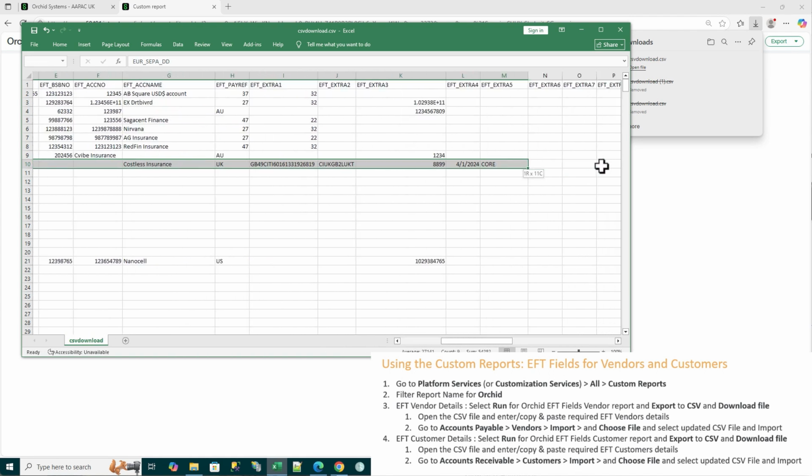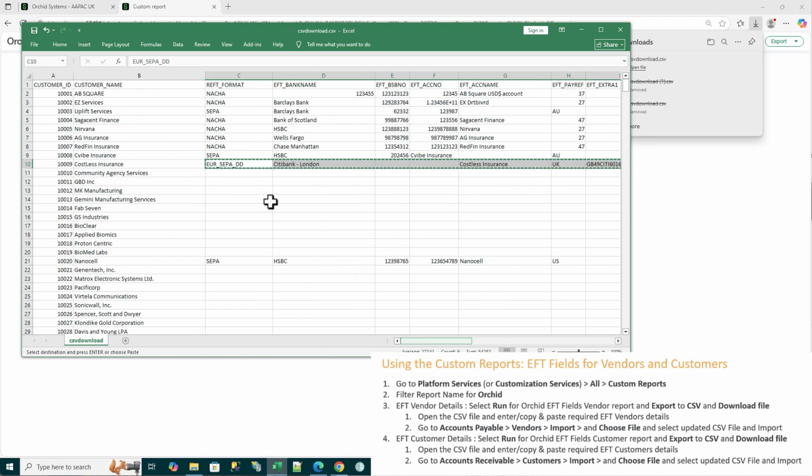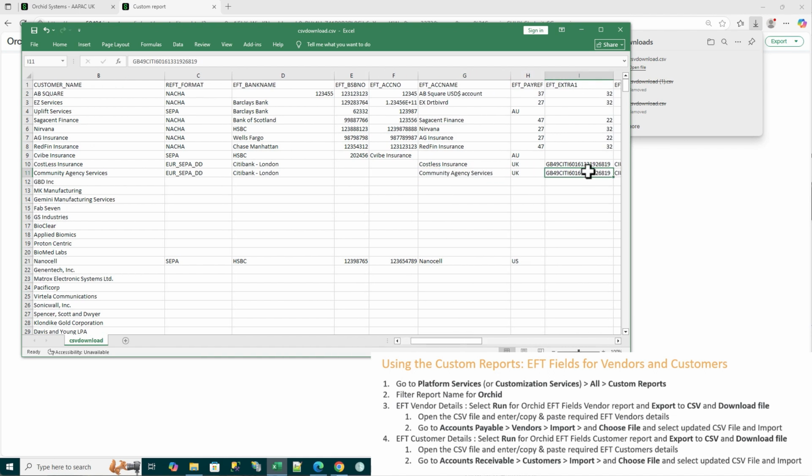So if I was just to copy those details for the Community Agency Services, put their own IBAN,